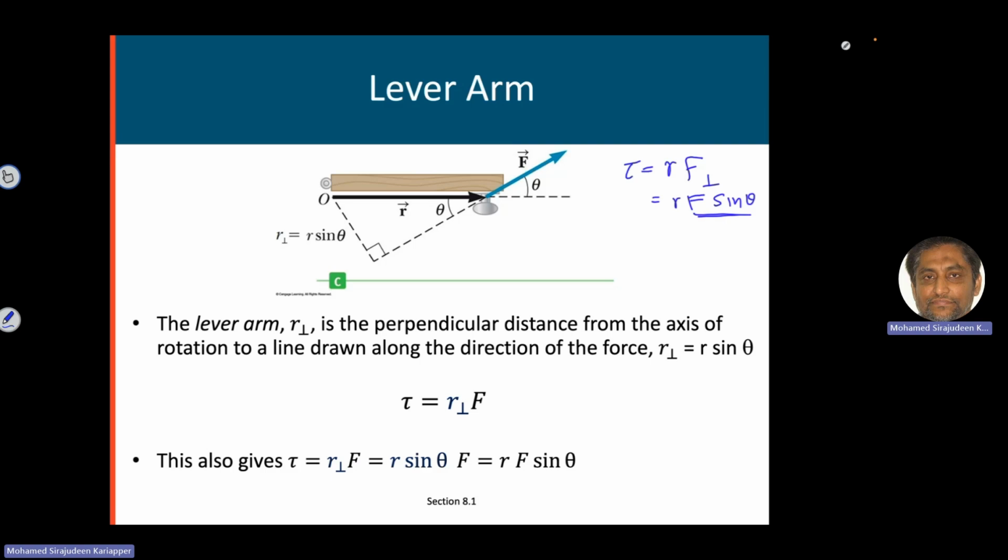What I will do now is take this force and look for the perpendicular distance of this force to the rotation axis. To find that, I will extend the line of action of this force, and I can see this is the perpendicular distance of the force to the pivot point. I am going to call it the perpendicular distance. And if you know your trigonometry, if this is the angle theta, this will also be theta, then you can see that for this right angle triangle,